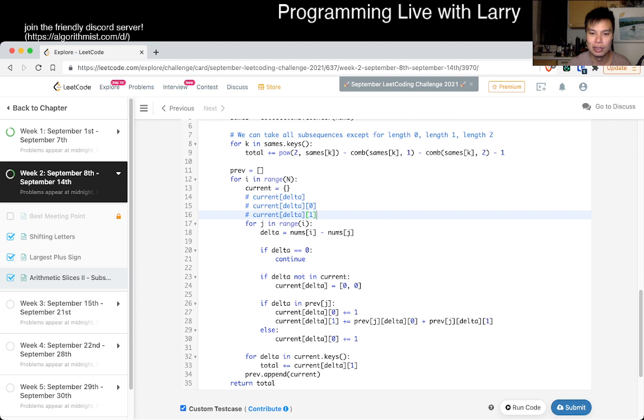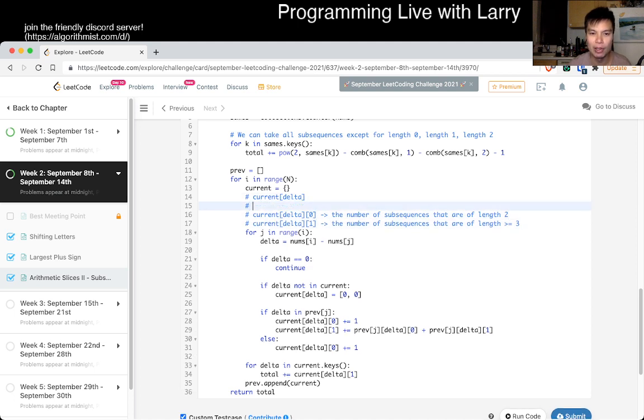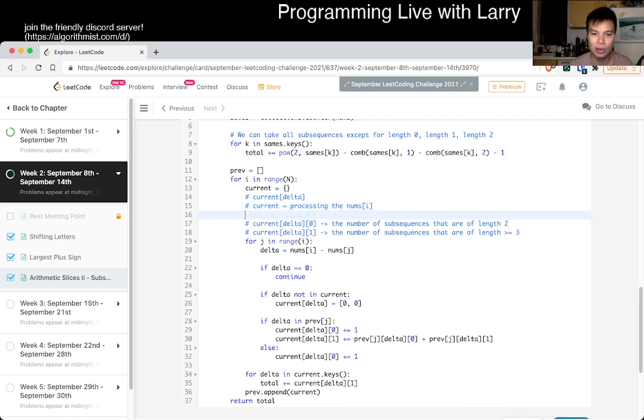It is the number of subsequences that are of length 2. And this is the number of subsequences that are of length greater than or equal to 3. And here, just add a little bit more. Current is equal to processing the I or num sub I, if you will, and current sub delta is